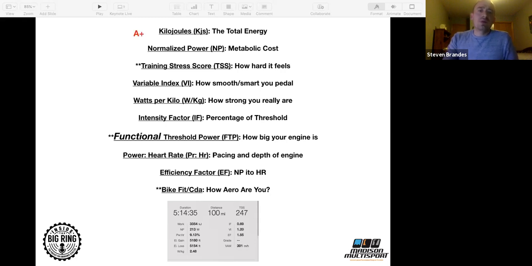So I'm going to go and rate these. Kilojoules, on basically an A-B-C-D-F scale. A plus for kilojoules. If you can learn one thing on this, it's going to be kilojoules. Kilojoules is super, super important. I'm going to let some more people in here. There we go. So kilojoules, A plus, total A plus.